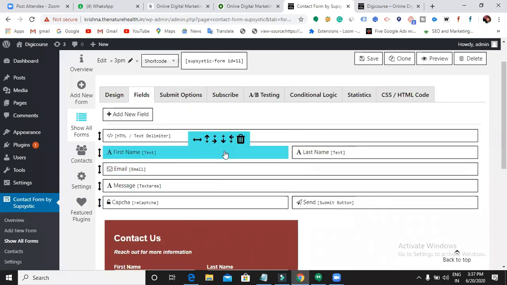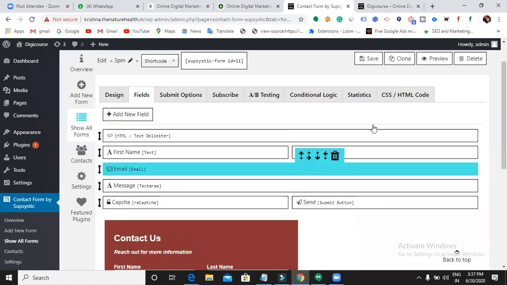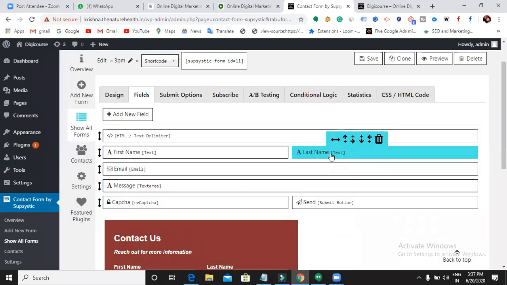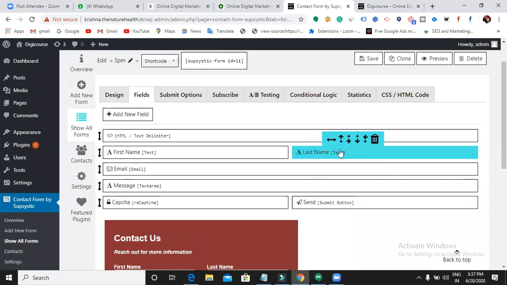The next comes here, first name and last name. We have a few things. So what is this first name? So first name I have name. So if you want to have, you can just put it, or else if you don't want to ask them last name, you can just delete it. How can I delete the thing? Can I delete the thing here? Yeah, delete option is there. So you can just delete it.